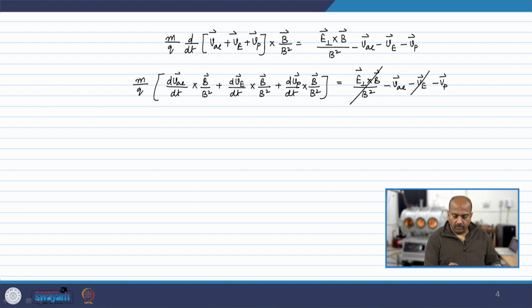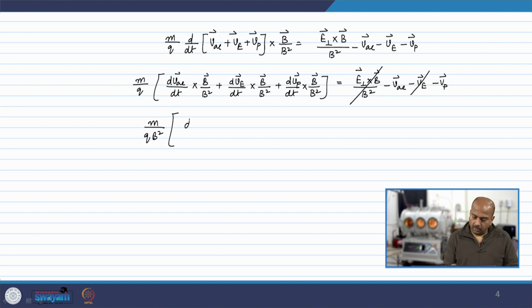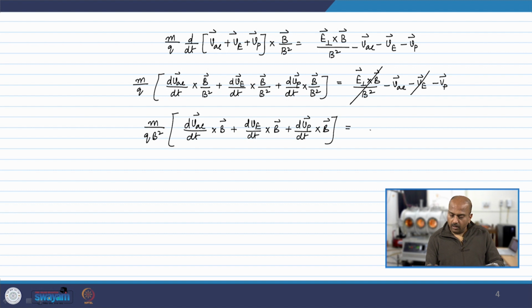Now what we have is m by q B square times dV_AC by dt cross B plus dV_E by dt cross B plus dV_P by dt cross B is equal to minus